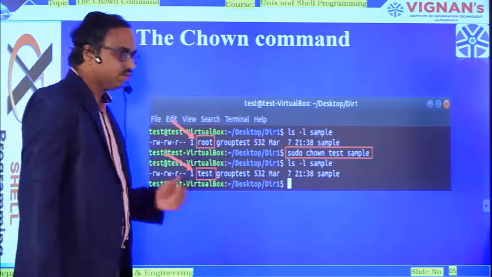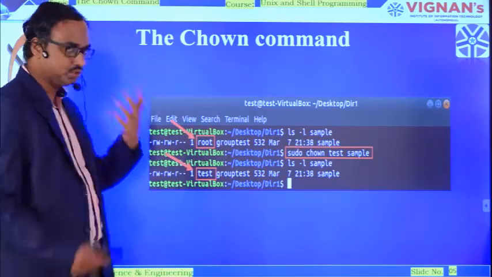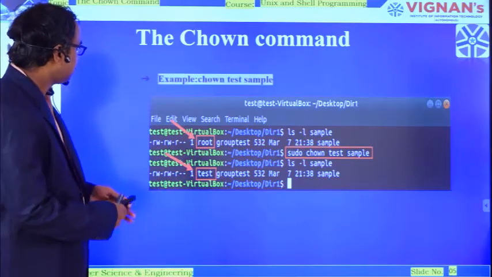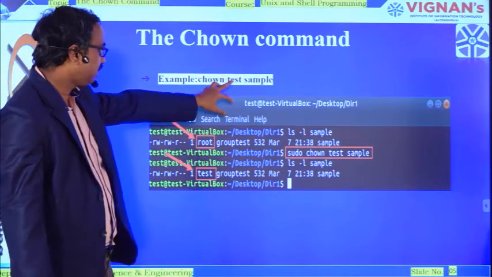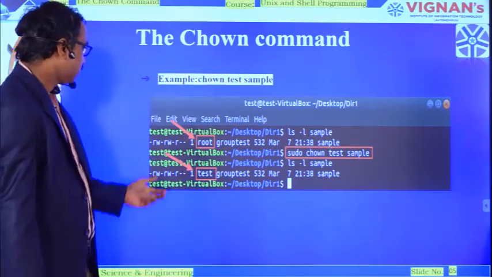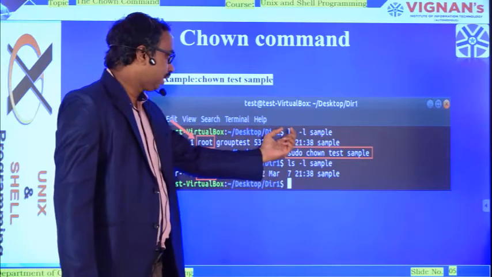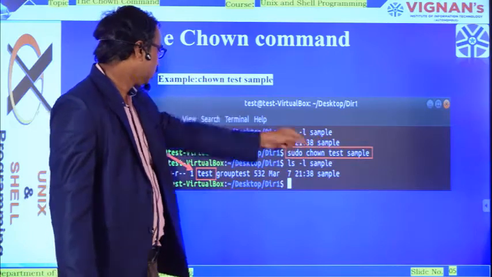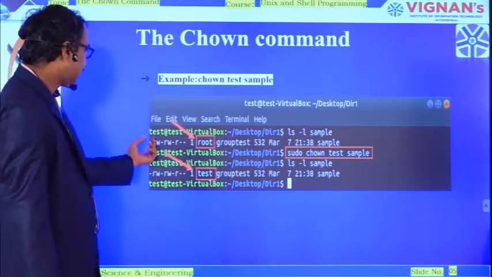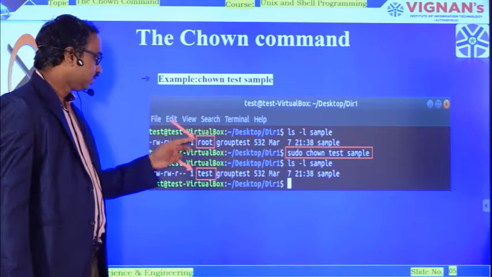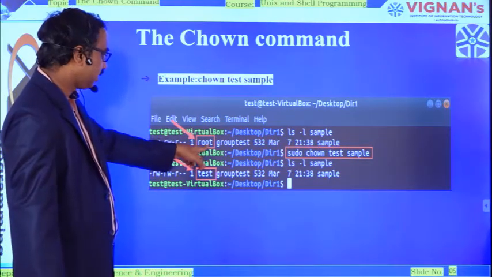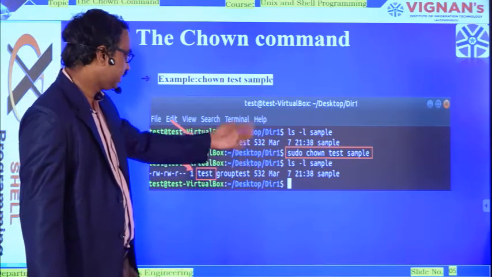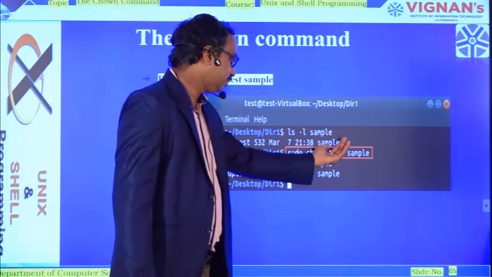Now all of you just see here. We have a screenshot of how we change the owner of the file. Once again, in this case, chown test, so the new owner is test, and then sample. While executing this, we have to type ls -l and then the name of the file, that is sample. Once we type this command, we get the entire details of the file. The already existing owner is root, the group is test, and then the file size along with the file name, sample.